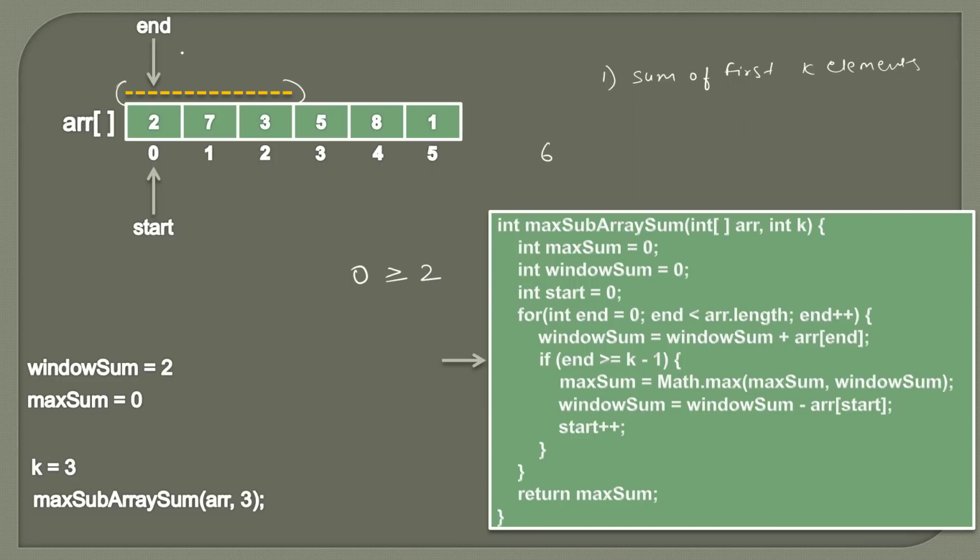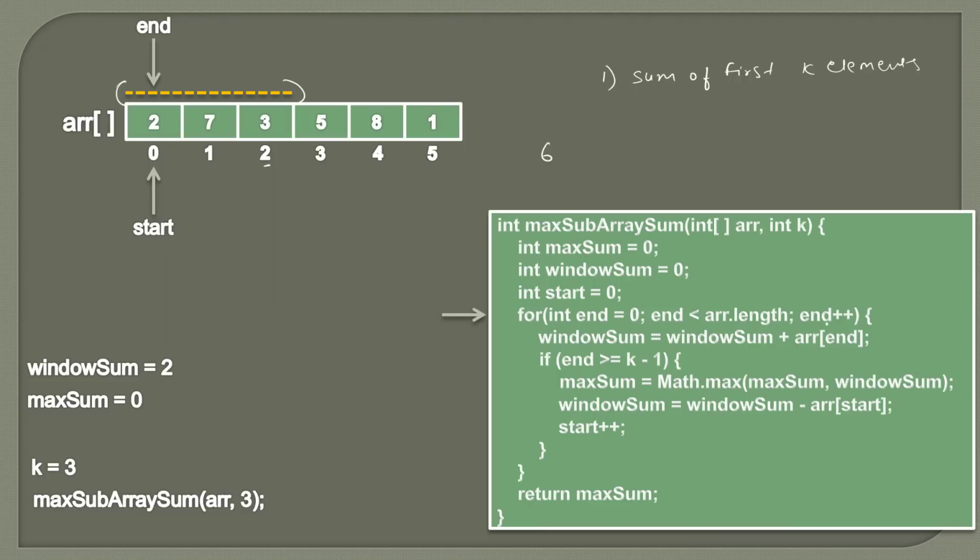Here you can see if end comes to index 2, at that moment this condition will come out to be true. It means when end has reached here, we have already evaluated the sum of the first k elements. Here we added the first element, then we will add 7 and then we will add 3. So at that moment end will be at index 2. And when end reaches here, only then will our main algorithm run, and then it will keep on running for every window. We will see that later. So currently this condition comes out to be false because 0 is not greater than or equal to 2.